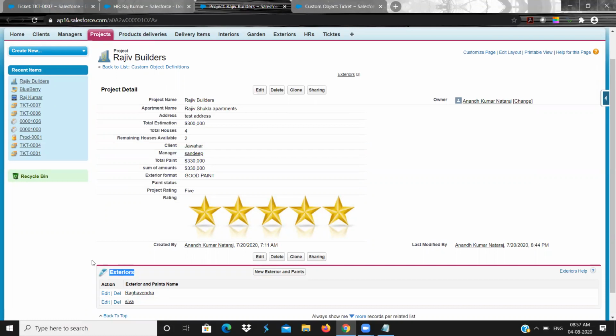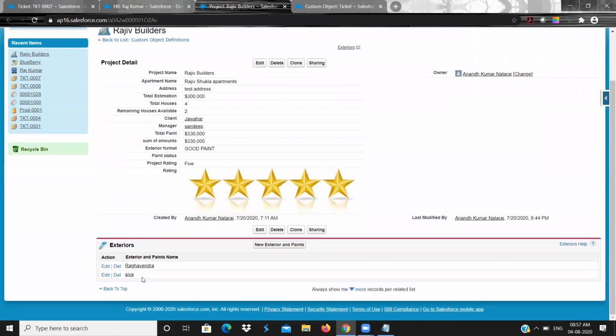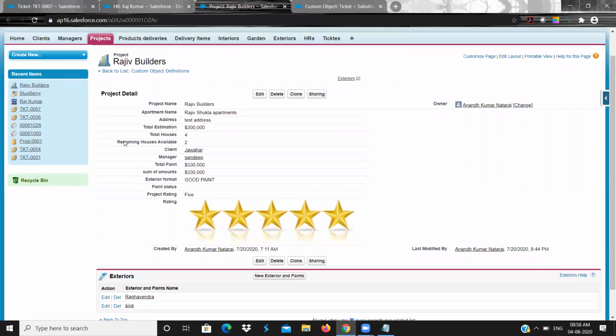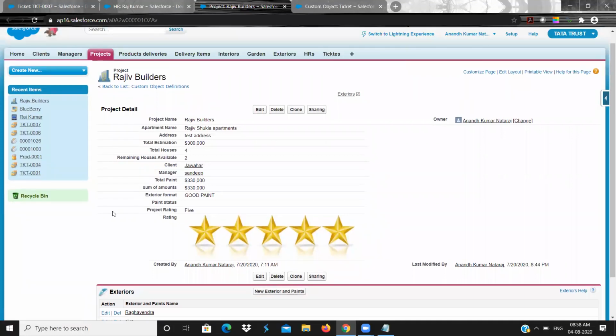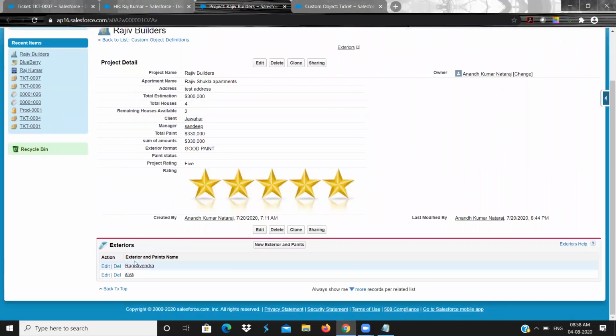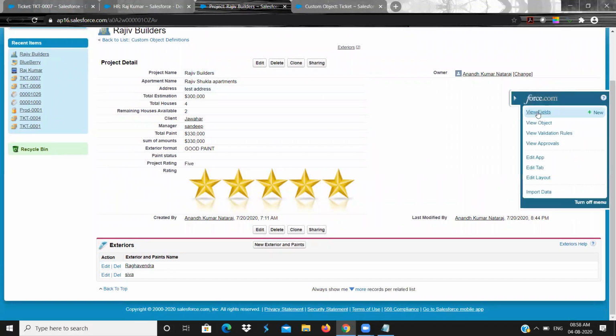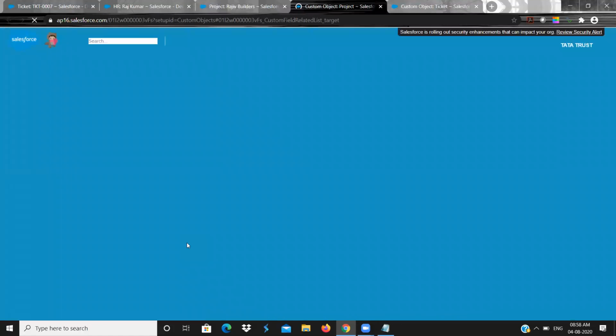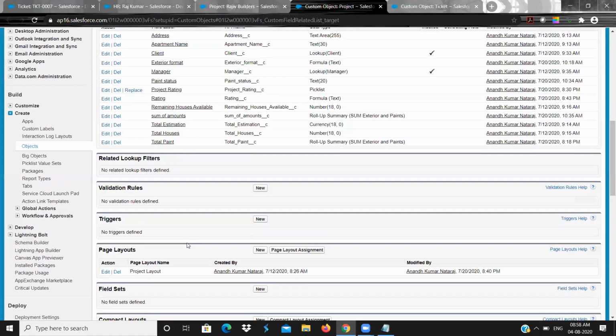Why? Because exterior is given here as a related list. So this project is a parent of exterior, and this is a child of two custom objects.